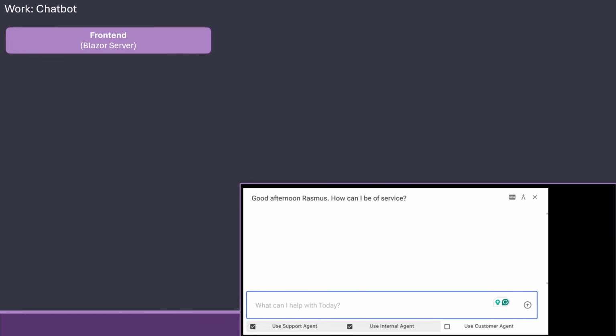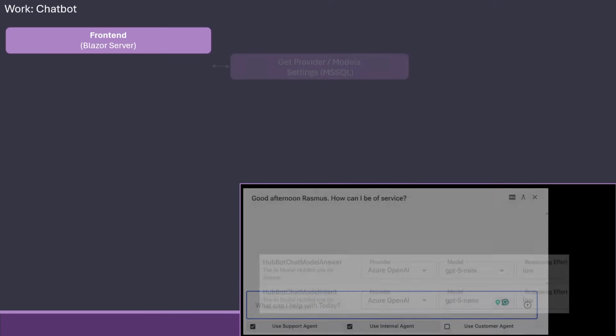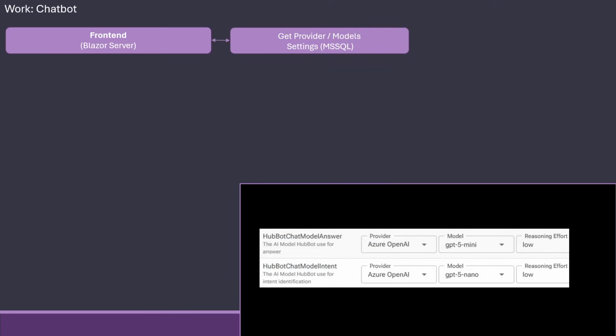Whenever you press send on a message, it goes in and finds the models and the providers in general. Almost everything I've done can switch between either Azure OpenAI or OpenAI on the fly, and everything is controlled up in this front end, including what model we can choose, so I don't need to redeploy if I want to use a different model.